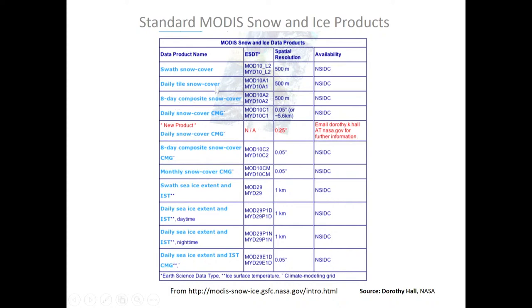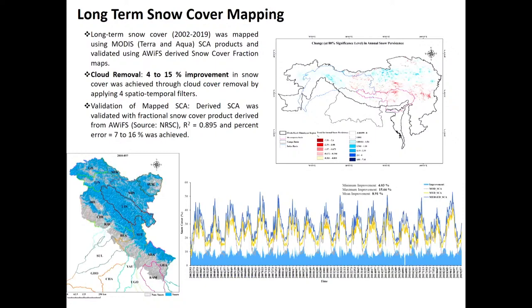In the daily product we will have more clouds, because all of you know that snow falls in the higher altitudes where we may have cloud present in the image. In the 8-day composite the frequency of cloud may reduce. So most widely the 8-day composite snow product has been used for snow cover mapping from the MODIS data set. Similarly, we have used this data and generated the long-term snow cover map